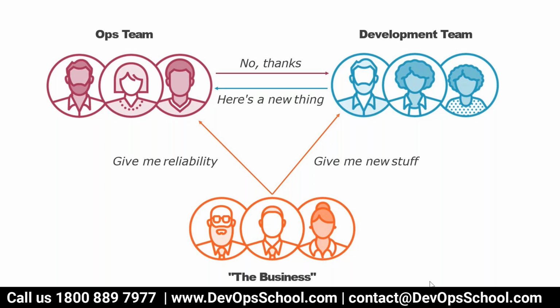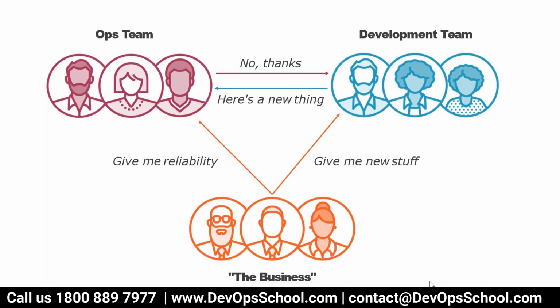So ops team don't like new changes very often. Let's say you tell the ops team, hey, I want to release this today, that by evening, and another one the day after tomorrow. The ops team will say no. We have reliability issues, I cannot do it just like that. Even two small changes will take a lot of time for the ops team, because traditionally their mindset is like that.